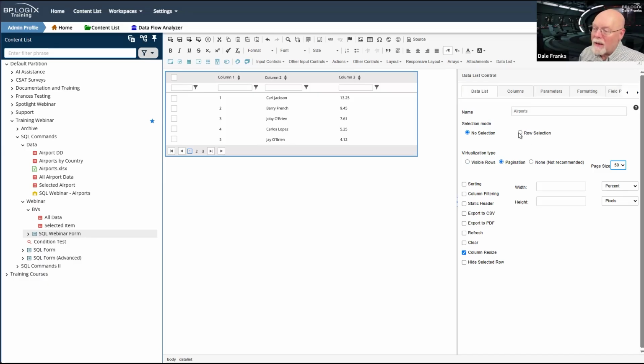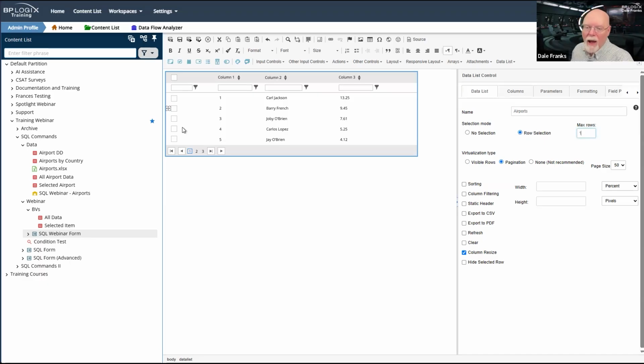I do want to select, because I'm going to select a row here. So I'm going to hit row selection, and I only want to select one row at a time. Because what I'm going to do down here at the bottom is put all of the airport stuff in there so that I have them as form fields on the form. My data list really isn't a form field. My data list is showing me the data that I can use to grab a form field. Now, if I had an array, I could certainly set my max rows to some higher number, but I'm only going to pull one airport at a time. So I am going to set my row selection and max rows to 1.